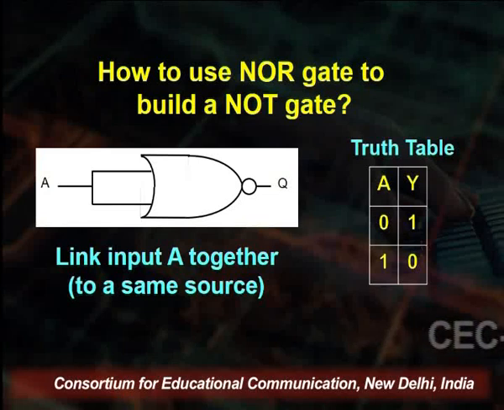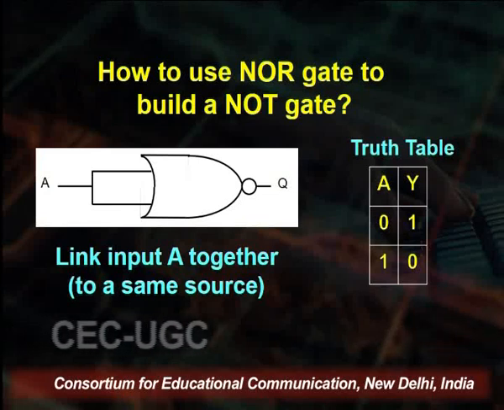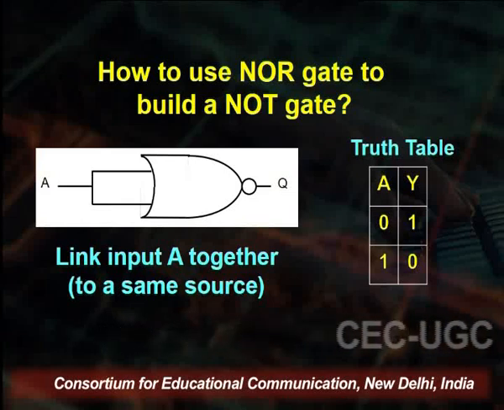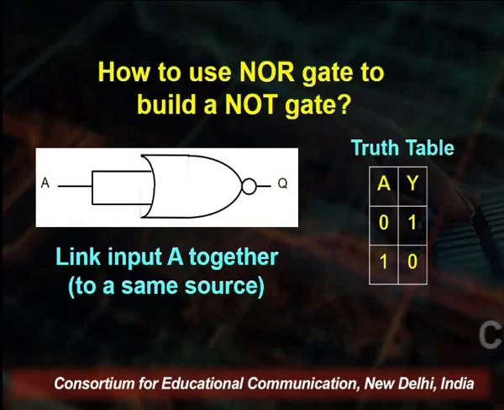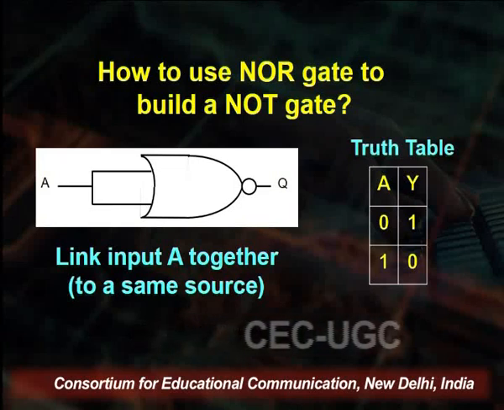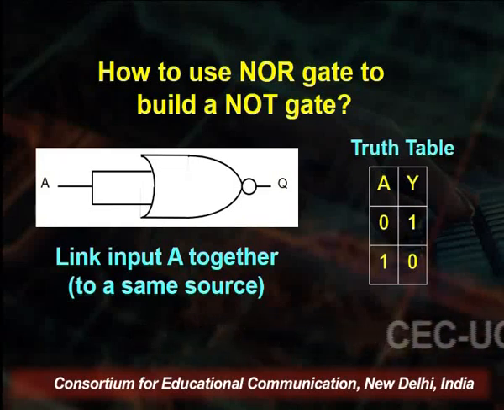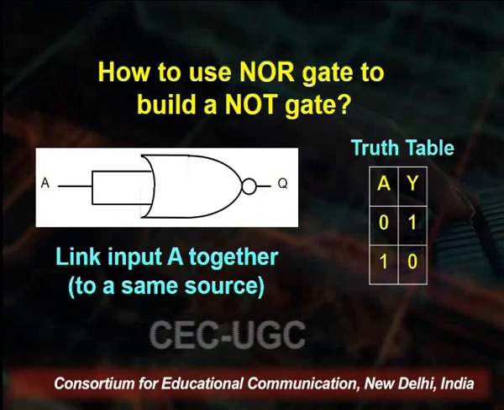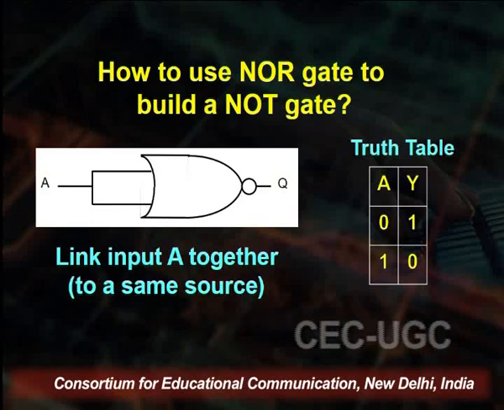In this way we can see that for both the NAND gate and the NOR gate, to mimic the functioning of a NOT gate, we need to short both of its inputs. In common parlance, we can say that we give the same input to both the inputs of the NAND gate and NOR gate, and when they are equal, the output is the complement of the input.